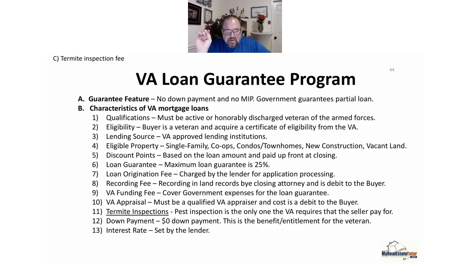Recording fees, debit to the buyer under 8, VA funding fee, appraisal, all paid for by the buyer. 0 down payment for VA loans, and interest rate set by the lender. Remember, government loans aren't allowed prepayment penalties or prepayment clauses. So remember that for the state exam. FHA and VA won't allow